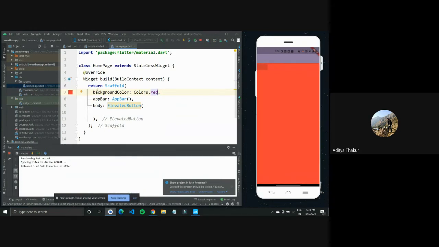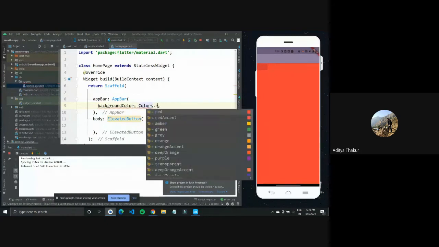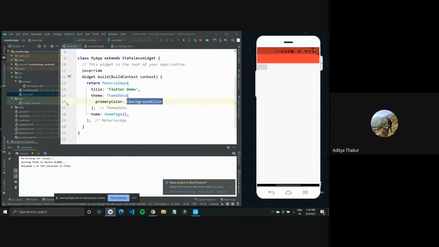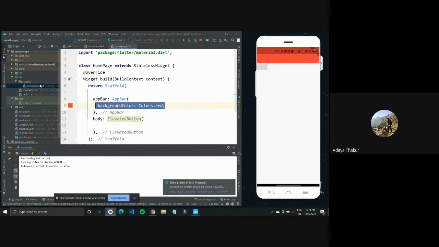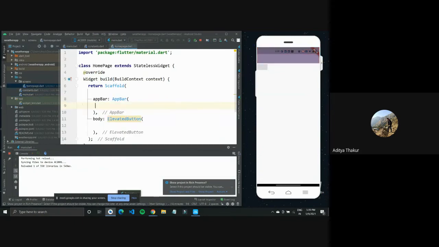Okay, this was the background color for the scaffold. For our app bar, if I don't like the background color, I can give it a red color here. So it will be purposely set to red on this one page only, but our primary color would remain that purple color that we have defined. If we don't define this background color, it will just take in the default color that we have.